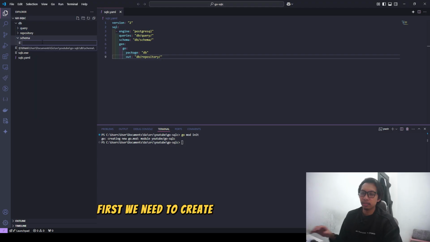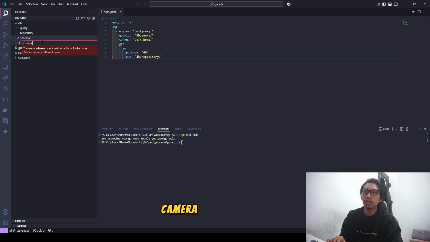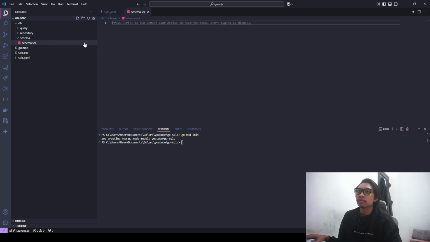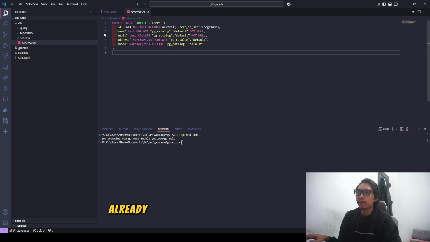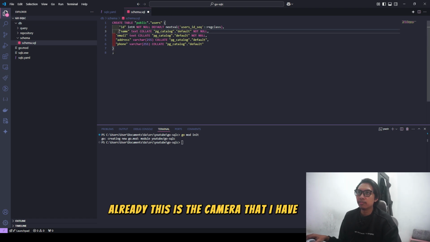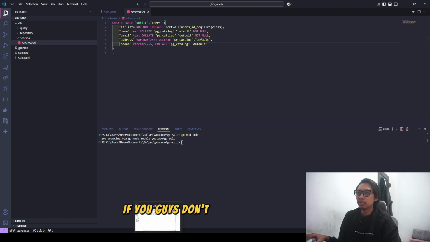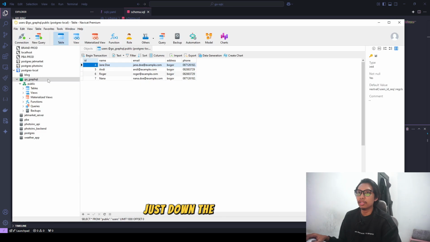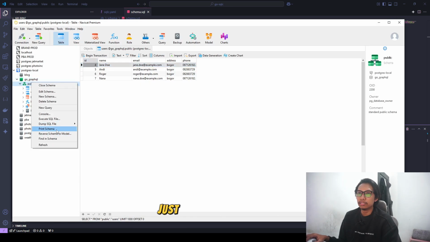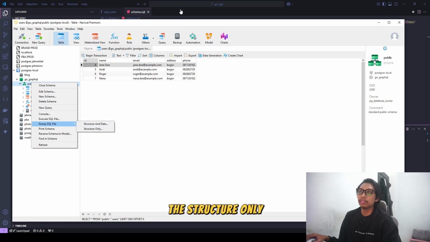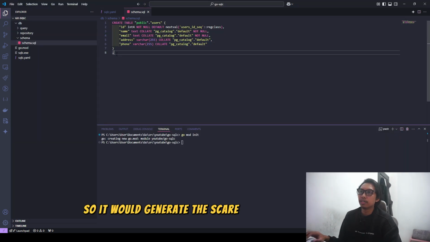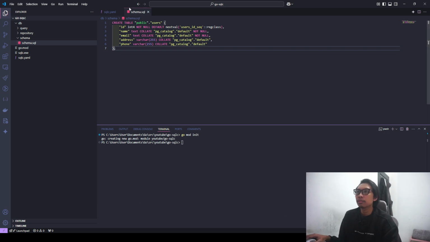First, we need to create a file, schema.sql, here. Already, this is the schema that I have. It's similar to my database, so we specify everything the same. If you don't know how, just dump the database structure only into a file, so it will generate the schema, and put it here.